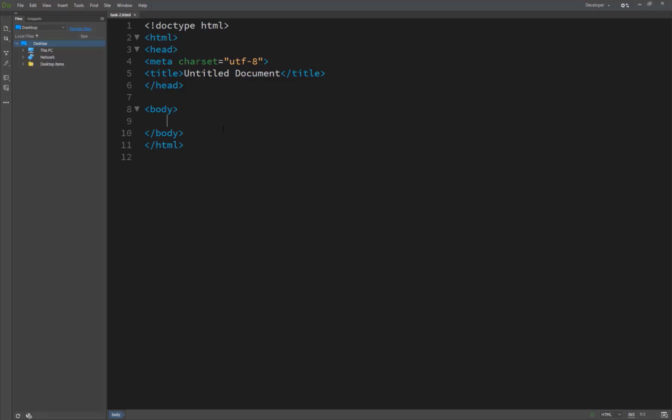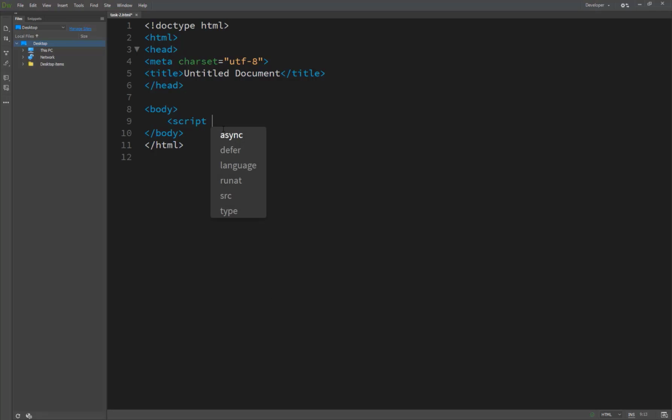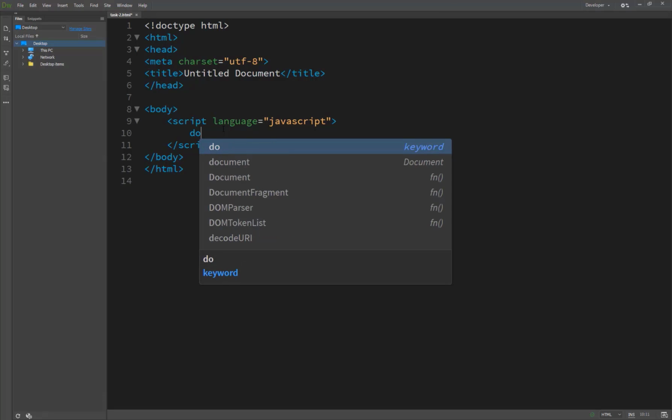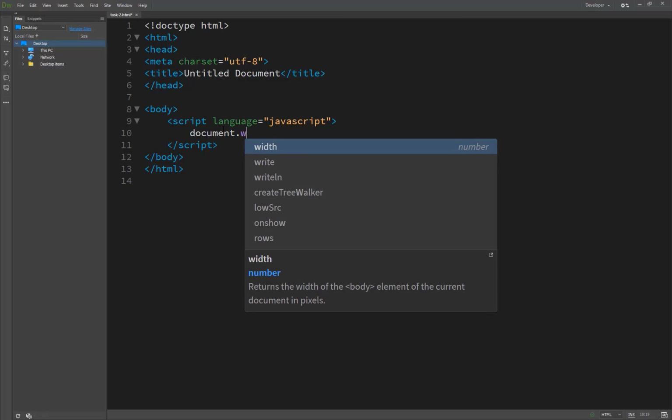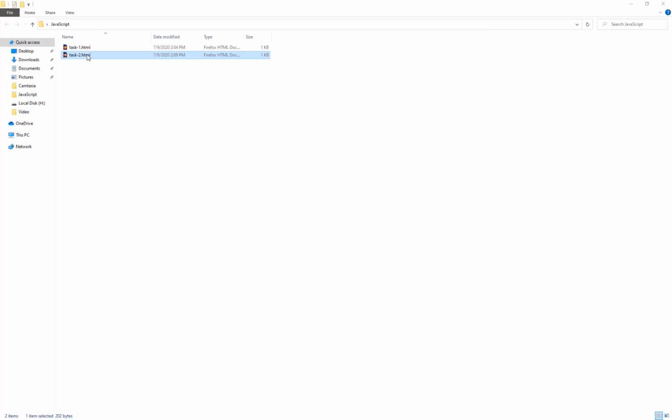So inside the body we are creating a script again, with language JavaScript, selecting a version, and then we write document.write, brackets, start and statement, and here is task 2. So we save this file, go to our browser and see the result.